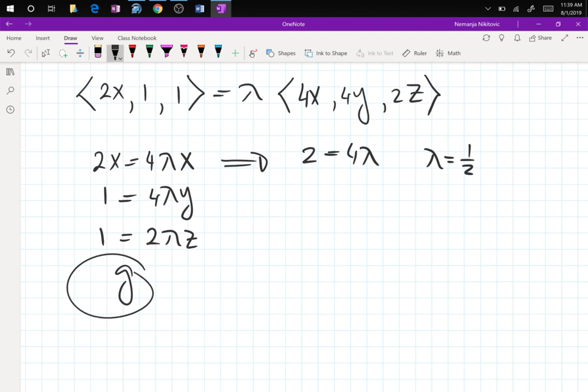You saw me not even write the g equation, because I saw this equation and I immediately knew that I don't need g. Because I have lambda, now I plug in lambda over here, and when I plug in lambda over there, I get that y is 1/2,